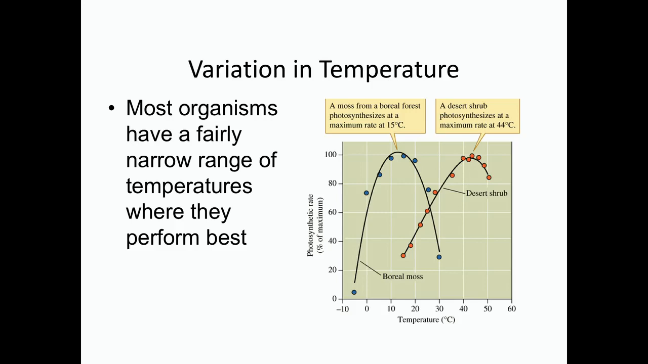The boreal moss, when it gets down to 0 degrees Celsius or up to 25 degrees Celsius, is only photosynthesizing at about 60% of what it was doing at 15. Similarly, the desert shrub, when it gets down to 25 degrees Celsius, will also be at 60%, and it doesn't seem to survive past 50 degrees Celsius. So they each have an ideal temperature, and if you're too hot or too cold, you don't survive very well. Why is this? Well,